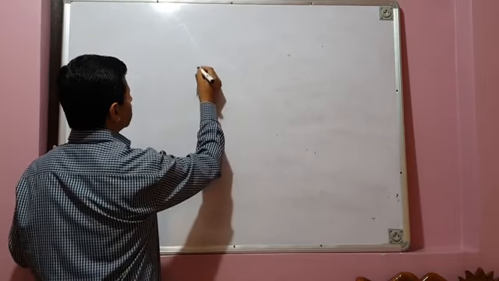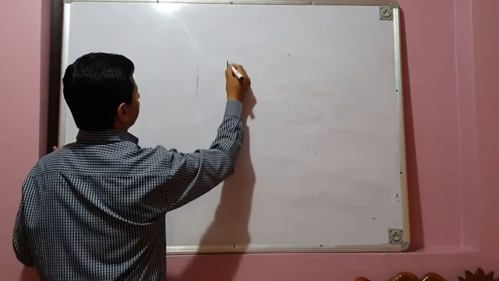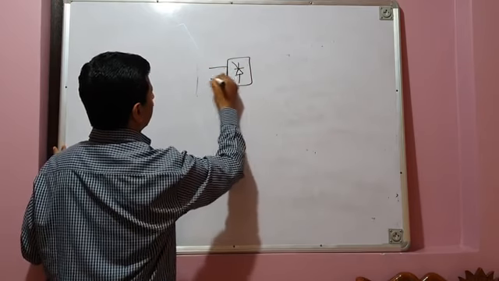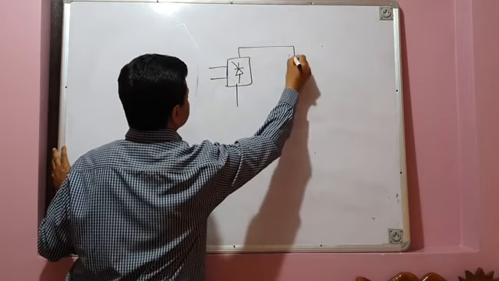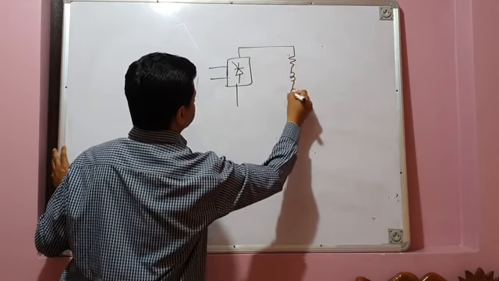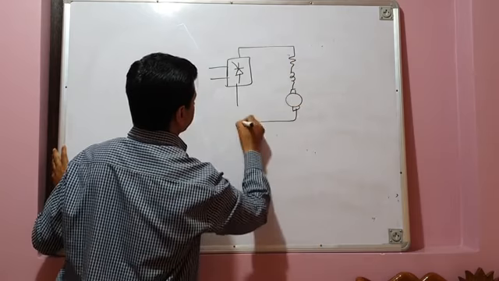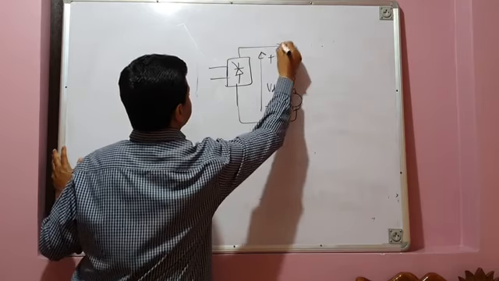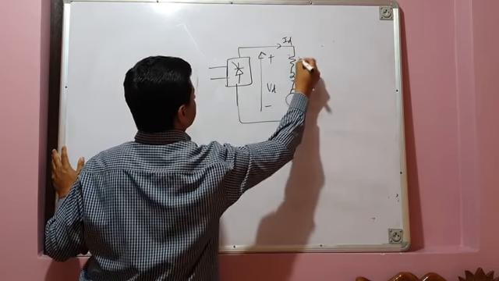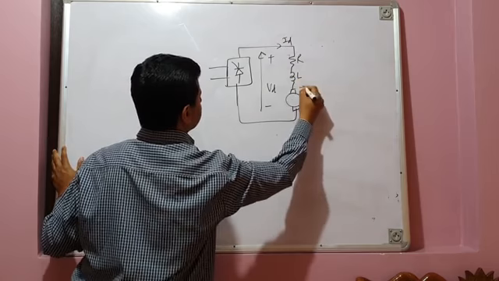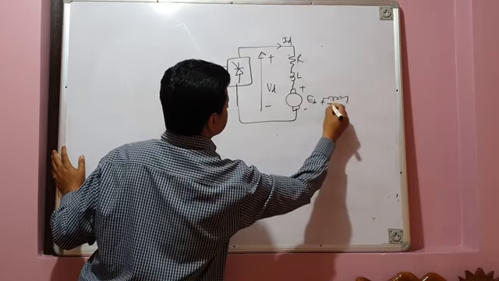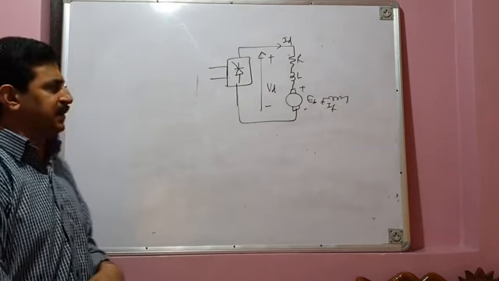What I mean to say is that if this is your converter, I am showing the block diagram or schematic diagram of a fully controlled converter, and this is the motor. Converter average output voltage is plus minus VD. Armature current is say ID. This is armature resistance, armature inductance, and the back EMF of the motor is EB, and this is the field current for a separately excited DC motor.